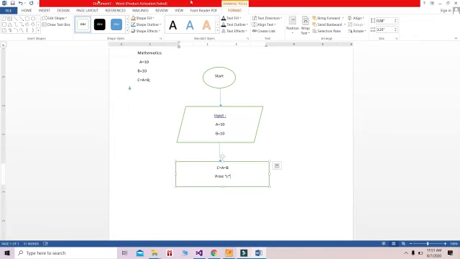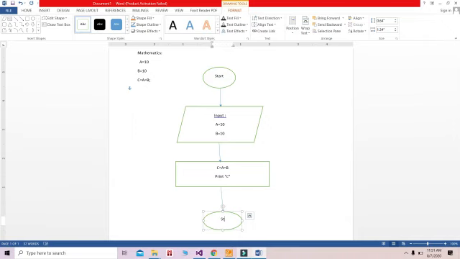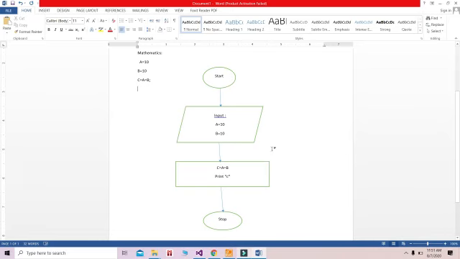And then at the last, we are going to build an oval-shaped symbol again, connect it with a flow line, and write here stop. This is the flowchart for depicting the flow of the problem that will solve the addition